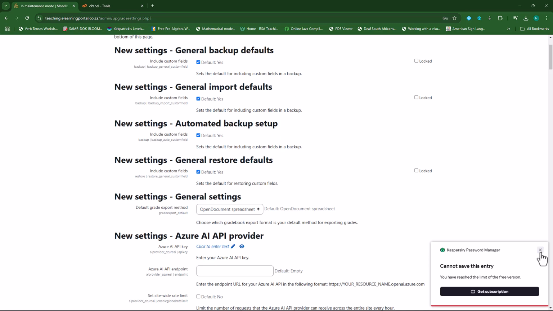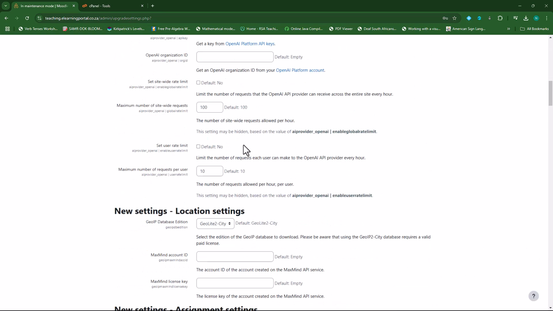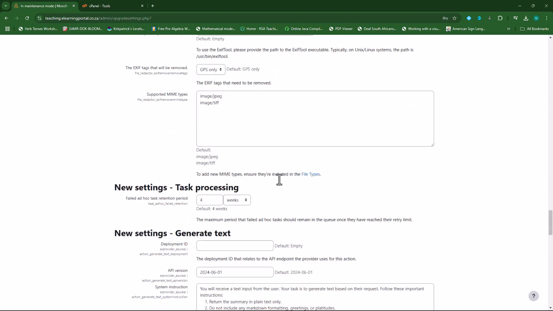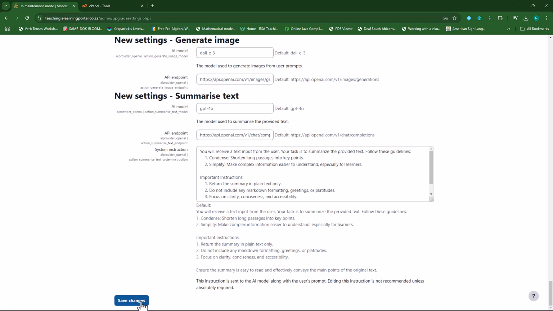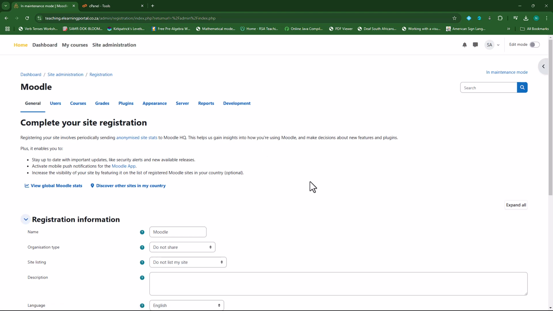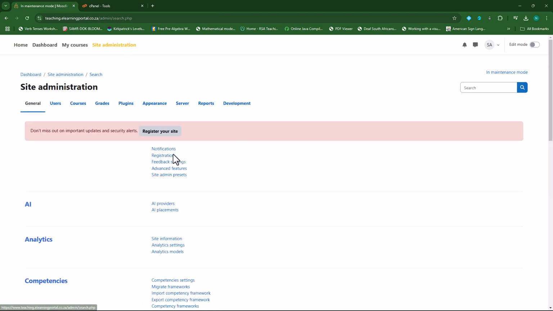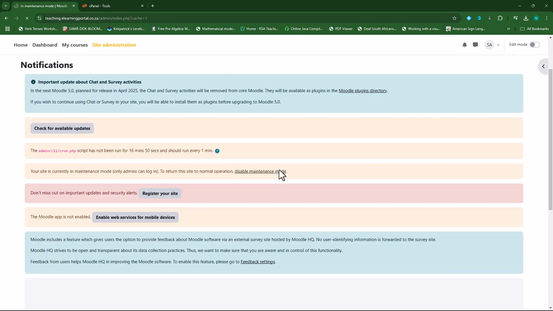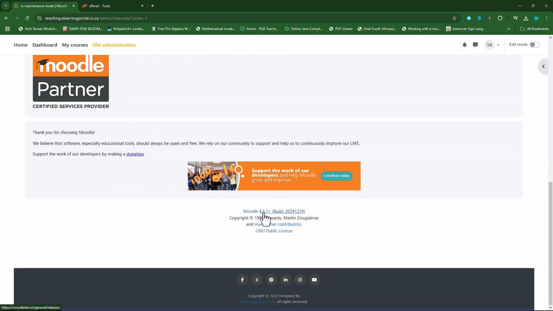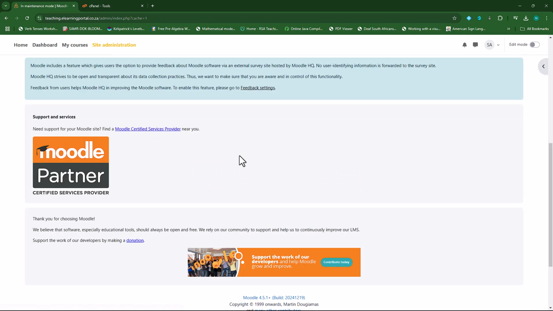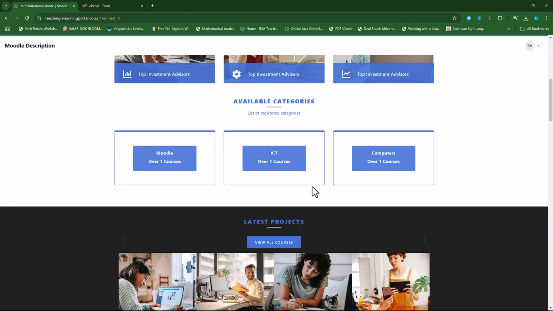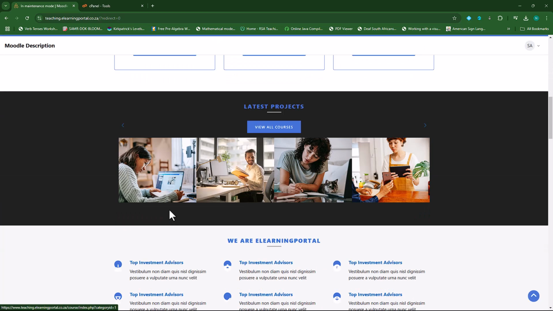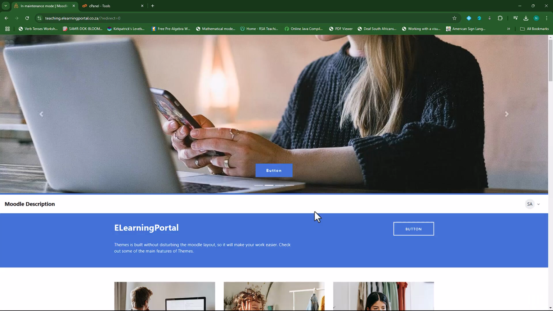So it will give you a breakdown here as well. If you want to make changes here, you can make changes, but I'll leave everything on its default for now. And then I'll just click on Save Changes. So there we're done. Let's go and check if the upgrade process was successful, notifications, and now you'll see that we're on Moodle 4.5.1 plus. Just make sure that everything is in order, all your courses are still there and it's working. And that's it. So our upgrade process was successful. We've upgraded Moodle from 4.3.8 plus to